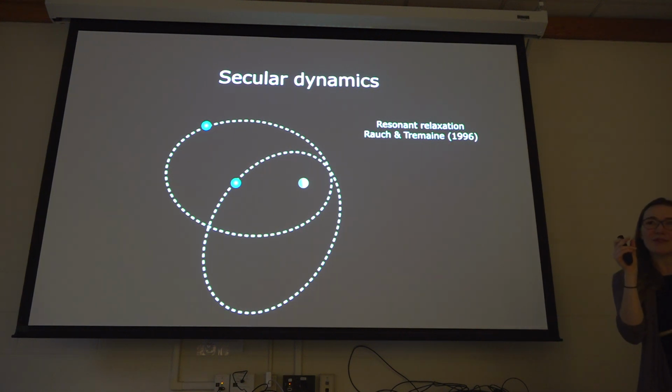Even if they never physically come right beside each other for a very strong close encounter, the gravitational force that they exert on each other is going to build up and become very strong. This is called secular dynamics. The word secular just comes from a long time scale. Another way of calling this is orbit-averaged dynamics. And we'll do this in this talk.